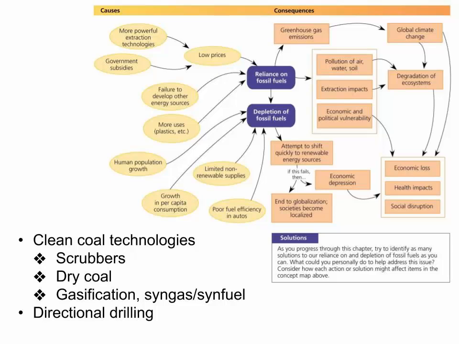However, there are some things we are doing to reduce these detrimental impacts of using fossil fuels. To begin, we have developed clean coal technologies, which are technologies, equipment, and approaches to remove chemical contaminants while generating electricity from coal. For example, scrubbers can chemically convert or remove pollutants such as sulfur dioxide or nitrogen oxides from coal emissions. Another clean coal approach is to dry coal with a high water content so that the coal burns